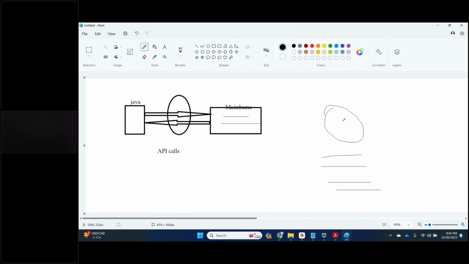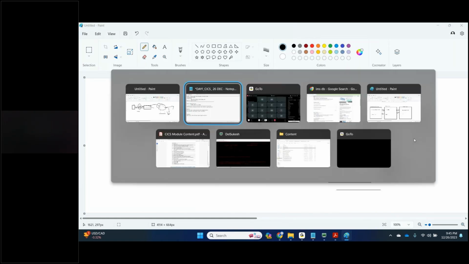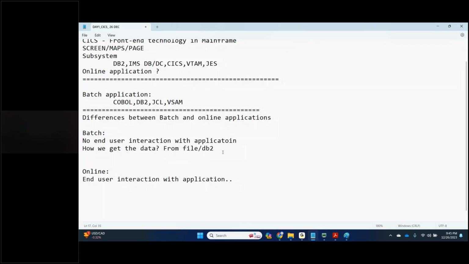I hope you understood. We write a COBOL program to read the data from the file and generate the reports or save the data. So we get the data into the mainframe through some channels, but not from the end user. They will enter something in Java, and from there we will get it, not a direct approach. So no immediate response back.